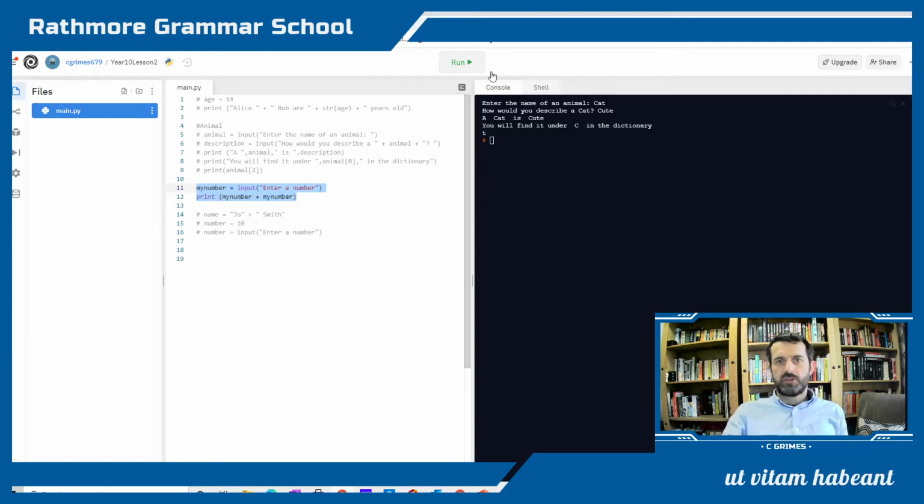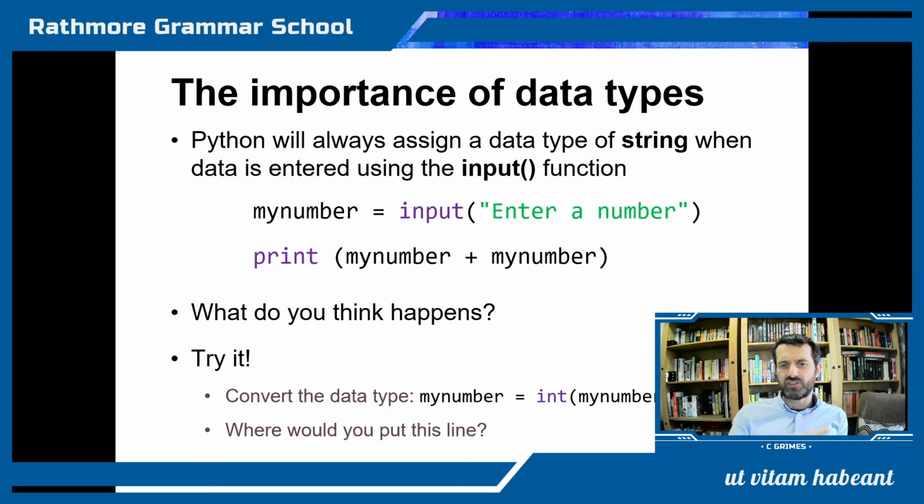So when we run it, look what happens. It's asking me to enter a number. I'm going to enter in 123. And look what happened. It's printed my number plus my number, a string. It's concatenating them together. So instead of adding the 2 numbers, it's concatenating, and you're asked to try and figure